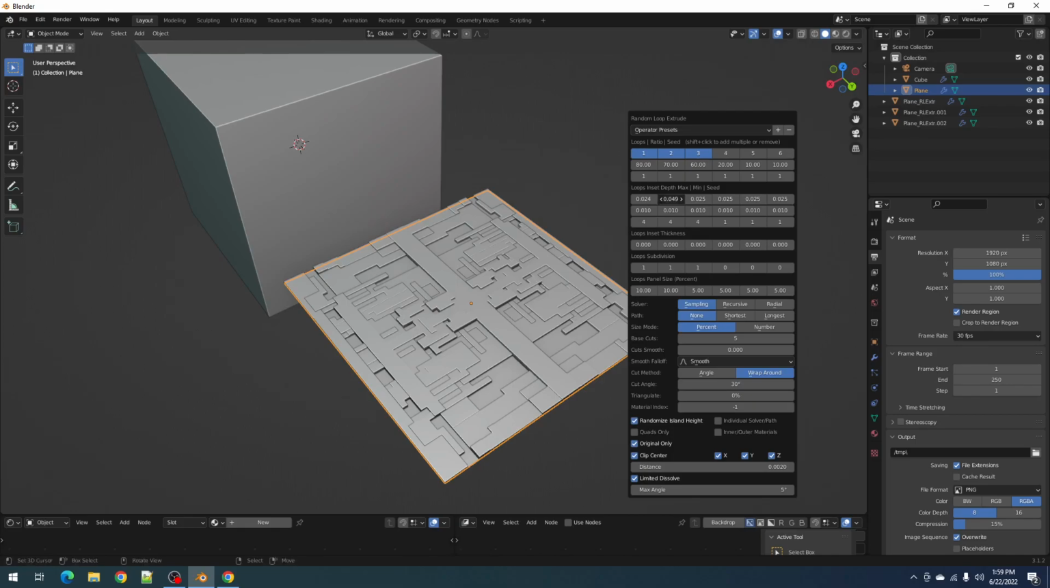So you can use Control and the middle mouse button, roll up or down. You can see the increment there, 0.021, 0.031. If you're not seeing three zeros here, then you have to go to